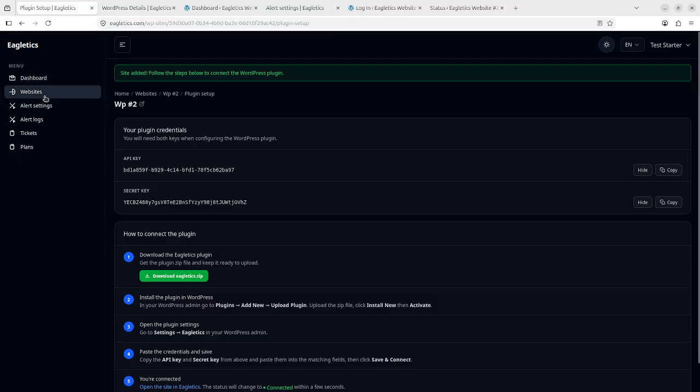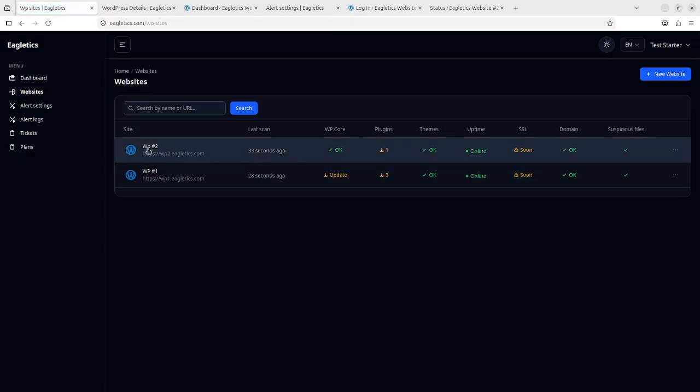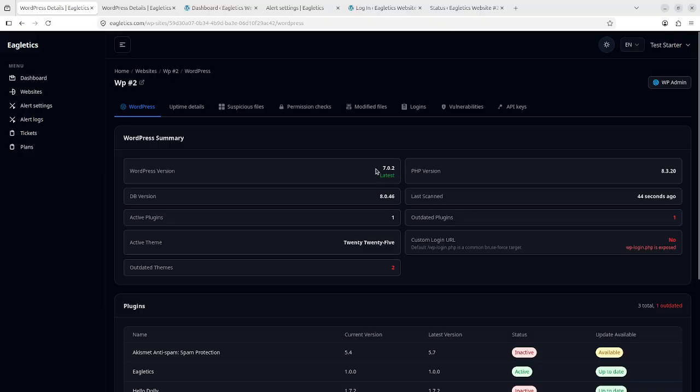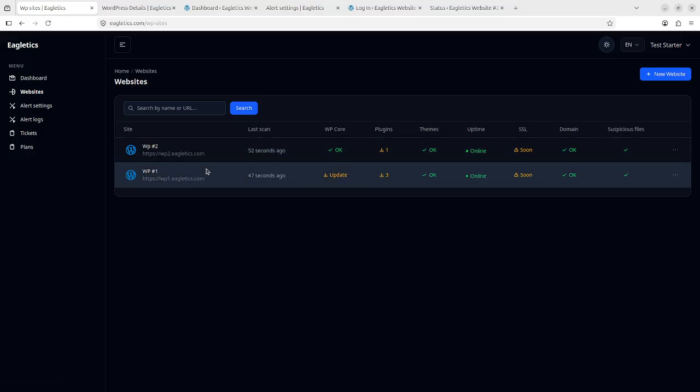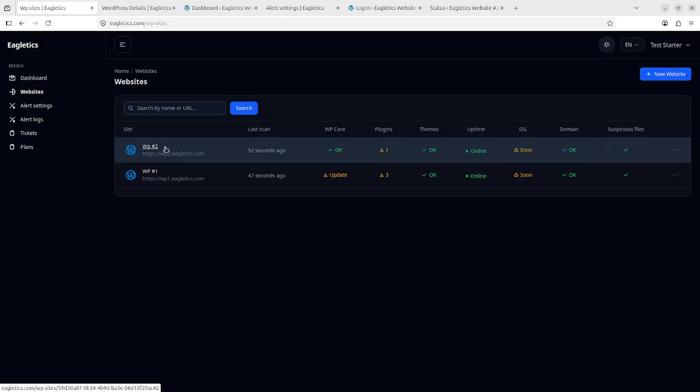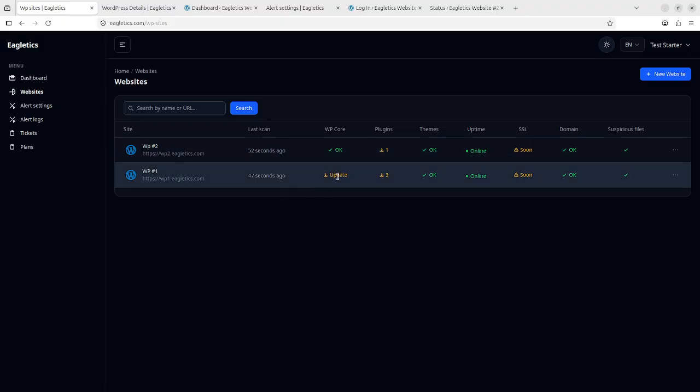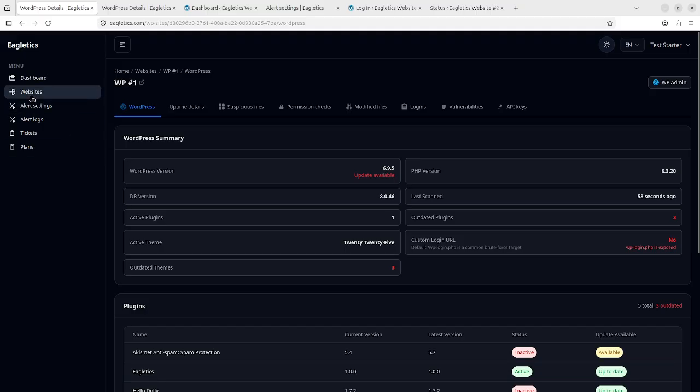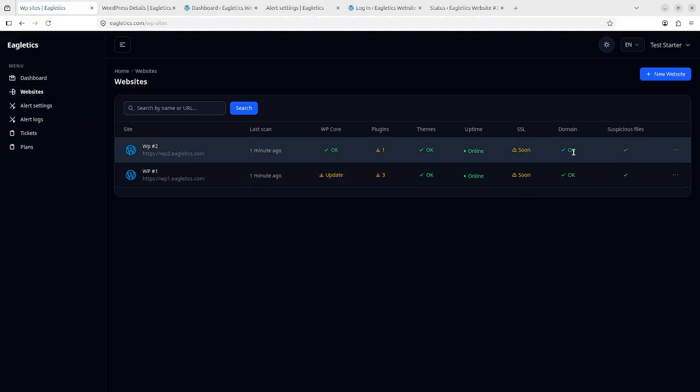Now I'll show this. Yeah, WP2 was scanned 33 seconds ago. WP core okay means the current version is 7.0.2, which is the latest one, that's why it's showing okay. That means there is no need for any upgrade for your WordPress here, but here we need to update because the current version is 6.9.5. So those are the main features of